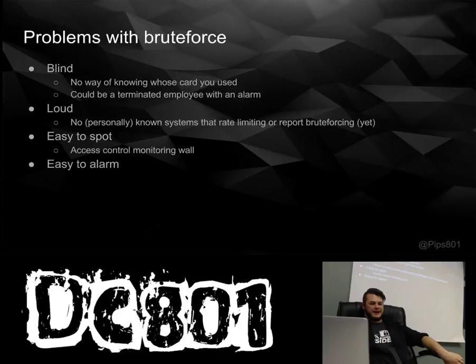At work, we're building an access control monitoring wall for a whole bunch of different sites. So that's something companies may start to catch on to, but that's more of a flashy feature anyway. Good reason to feed this into your sound. Yeah, that is actually what is being done on some buildings and what we're trying to do. I'm not going to talk about my company, but